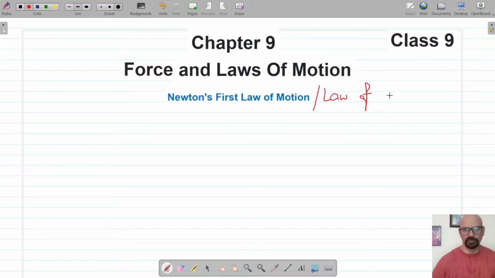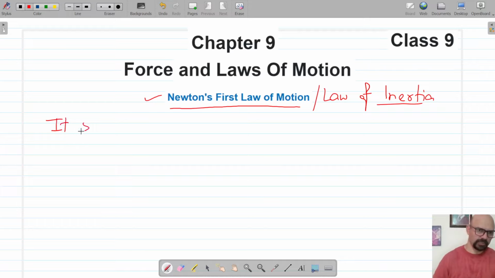In the previous video, we discussed what inertia is. Inertia is the property of an object by which it continues to remain in a state of rest, or continues to remain in a state of motion, or will not change its direction unless some external force acts on it. And that is exactly Newton's first law of motion. So Newton's first law of motion states that